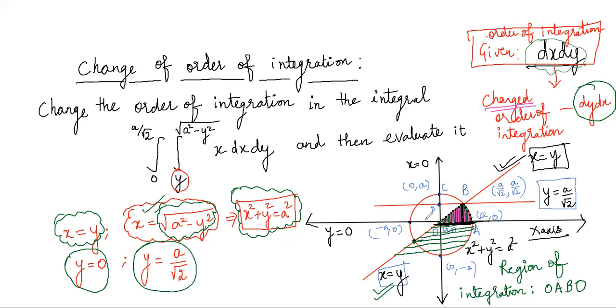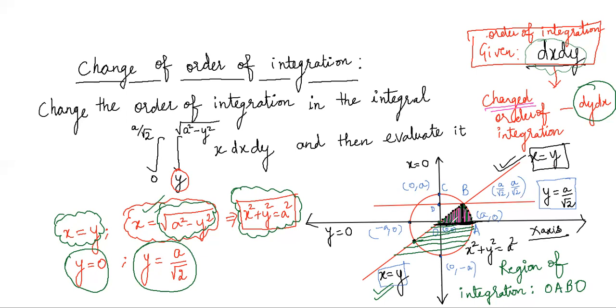So it is very necessary to check whether all the strips in the region of integration are starting or ending at the same curve or not. There may be some problems in which strips will be starting from two different curves. Some strips will be starting from one curve and some strips will be starting from another curve. And in some cases, the ending curve will not be the same for all the strips. As here you can see that after this strip, which is in black color, the strips are ending at the boundary of the circle.